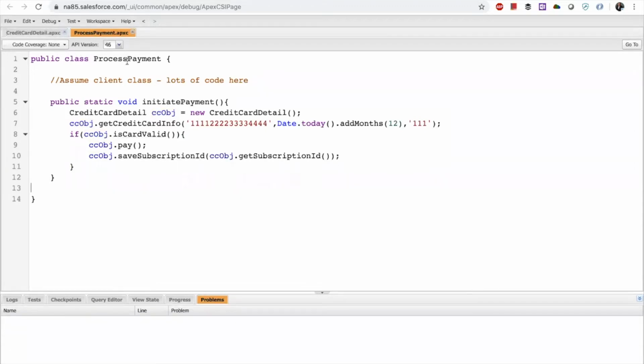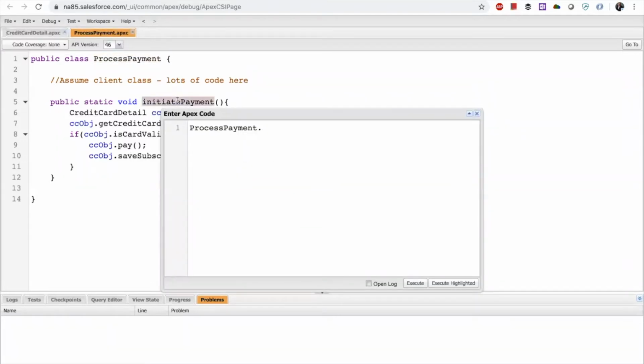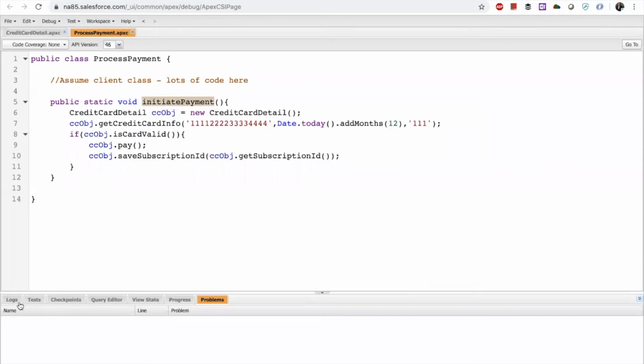And let's call this method. It's very easy. We are going to open anonymous Apex, which is Control E, and we will say initiate a payment, and let's see how the method and everything is going behind the scenes. First, we are calling get credit card information. Let's assume the user is entering credit card information from a website. Then we are checking is credit card valid, and then we are checking let's pay it